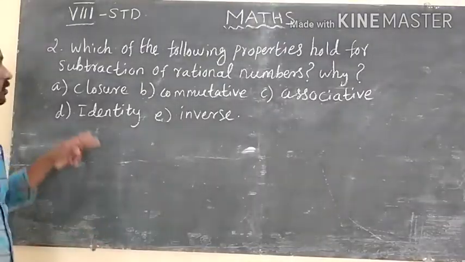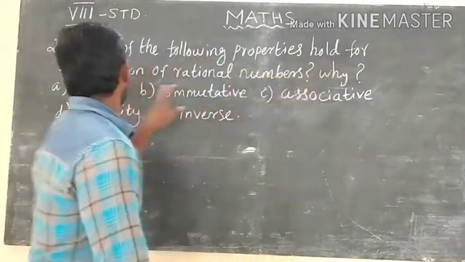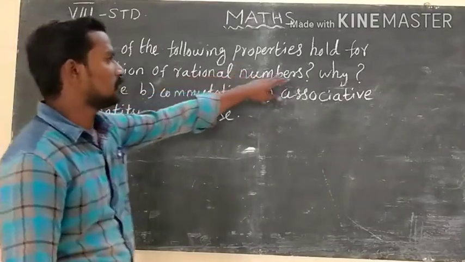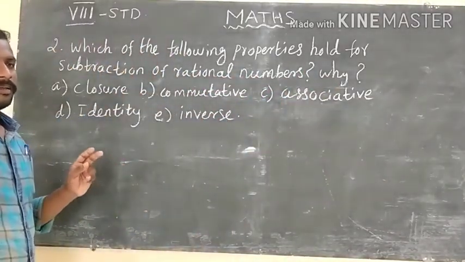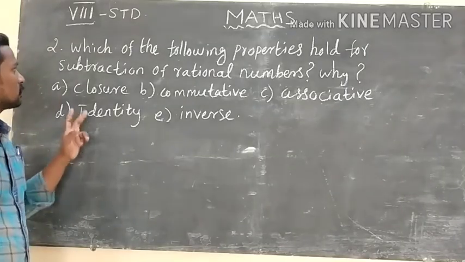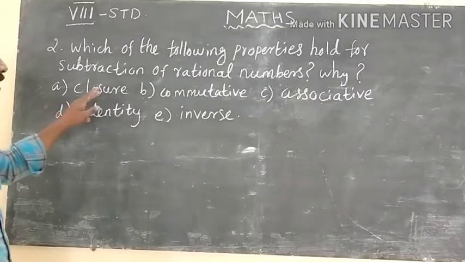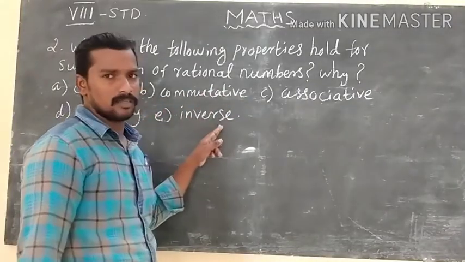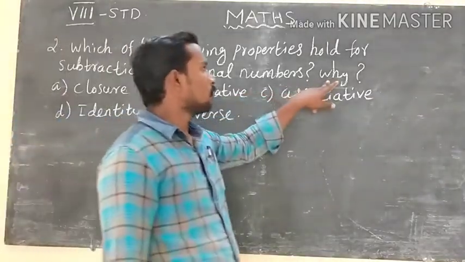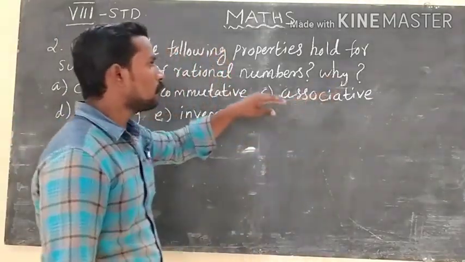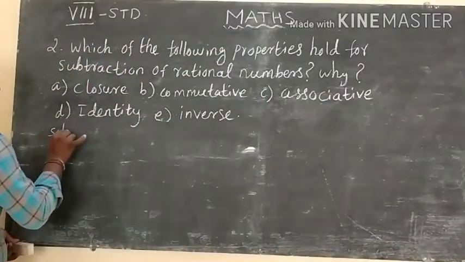Okay, dear students. The second question. Which of the following properties hold for subtraction of rational numbers? Then why? So already known the result, the tabulation type, the subtraction is true only for closure property and all other properties are false. So here also we will go through examples, because why it is false. This is your question. The solution,